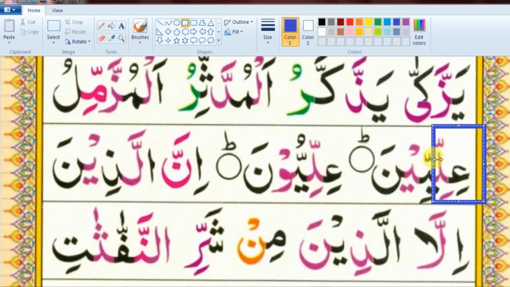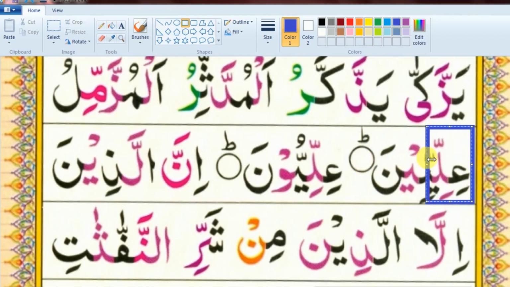Here first we are connecting ain with lam because lam has a shad sign. Then we are connecting lam with ya. Ya has a shad sign, and then we have to connect ya with ya again, because the second ya has a jazm sign on it, and it's a ya madda as well, so we have to stretch it for 2 seconds. It will be iliji. Noon zabar na,